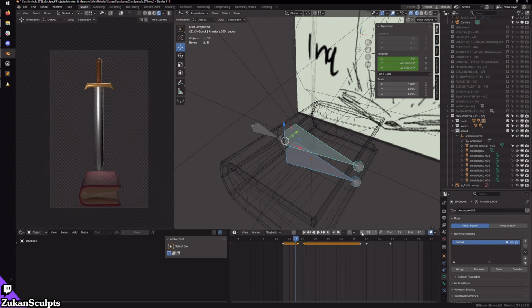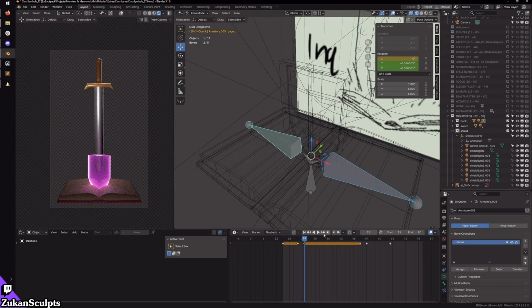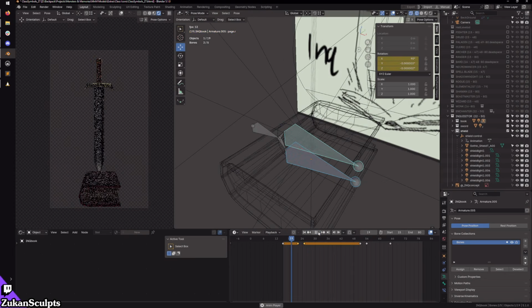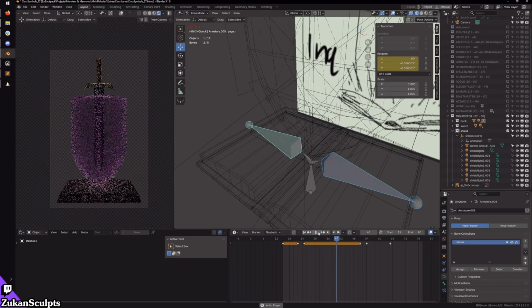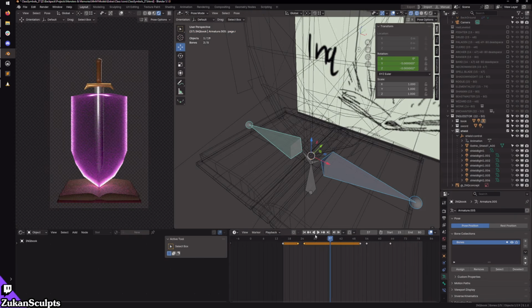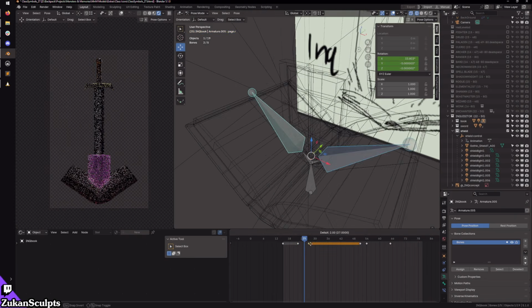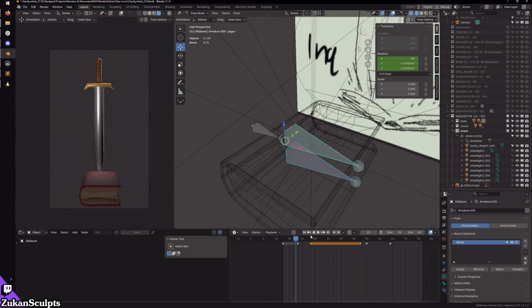Is that going to look weird? I feel like it happens too quickly now, though. I can pull this, or